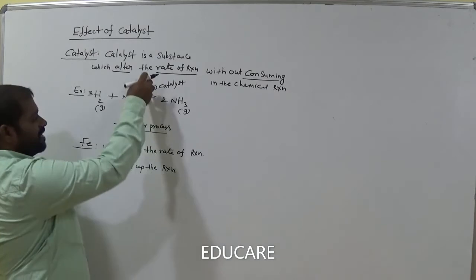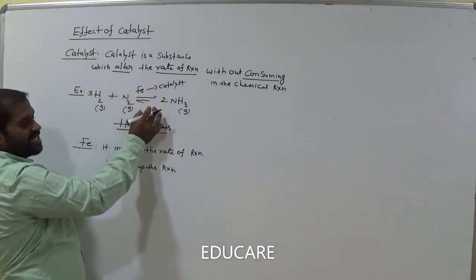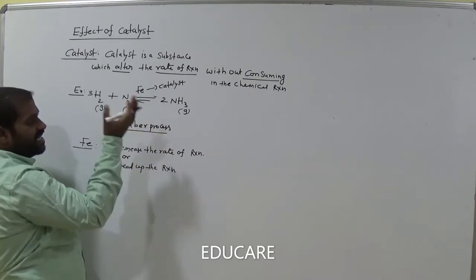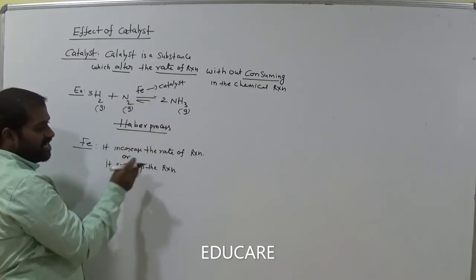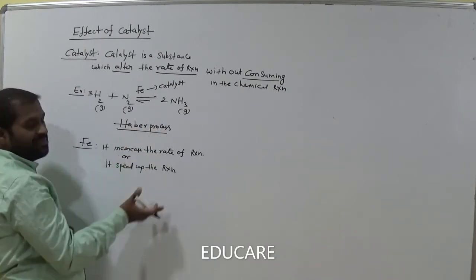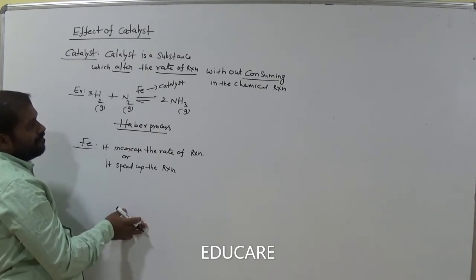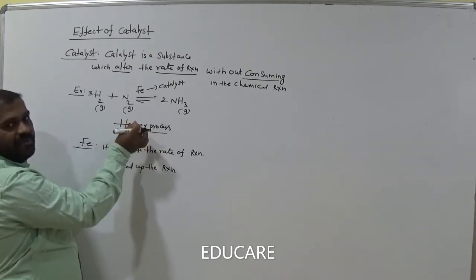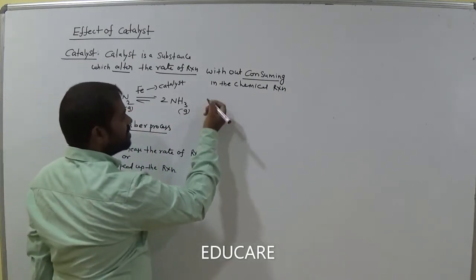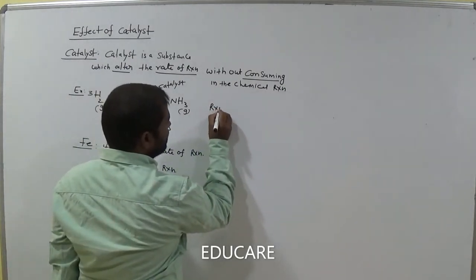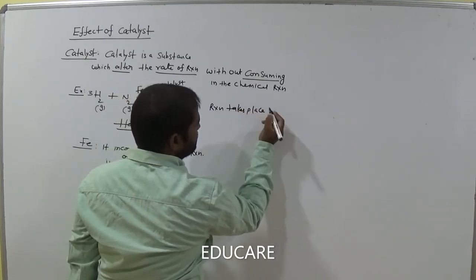So before, we just add some catalyst. Now what is the work of this catalyst? It just increases the rate of the reaction or decreases the rate of the reaction. Suppose in this equation it increases the rate of the reaction and speeds up the reaction, am I right? Is it clear? So it brings the equilibrium fastly, am I right? Suppose this reaction takes place